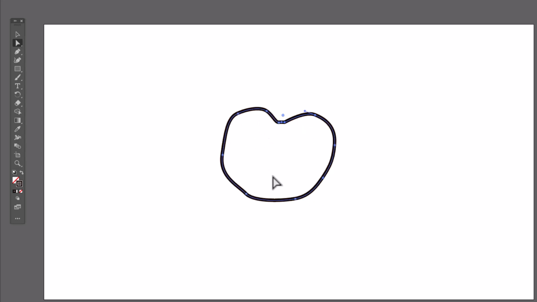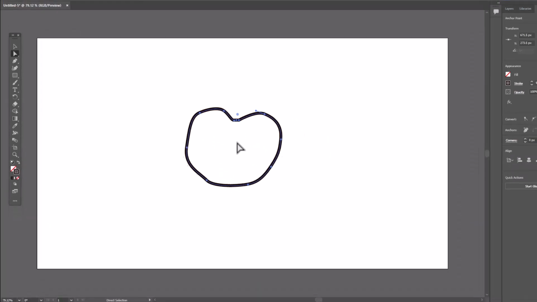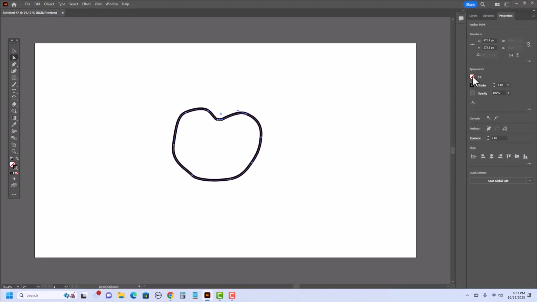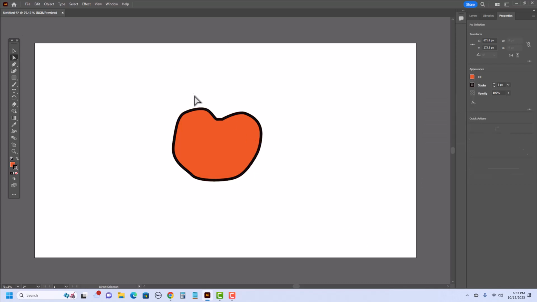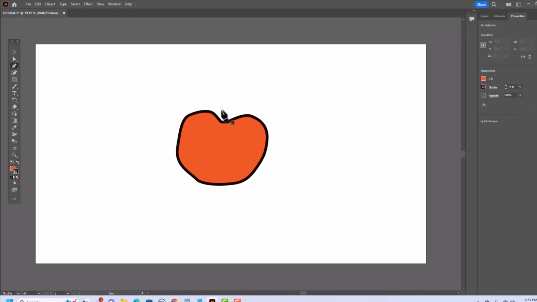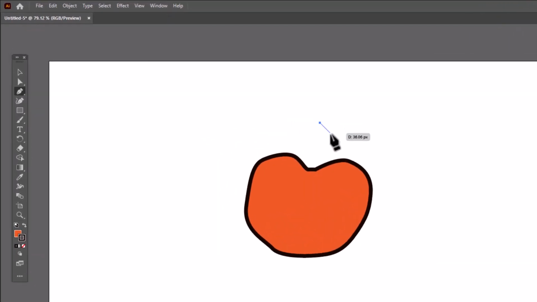And then since this is a pumpkin, I think I'd like to have it be orange. So I can change the fill to more of an orange color. Now I probably want a stem, so I'll go with my pen tool, and I'm just going to start up here, and I'm going to click, the top's going to be kind of straight, and then let's say I want that stem to curve, and I can go over here,